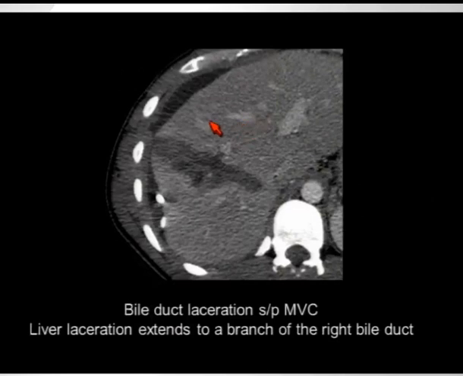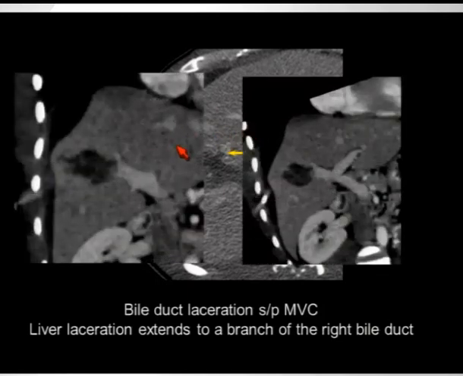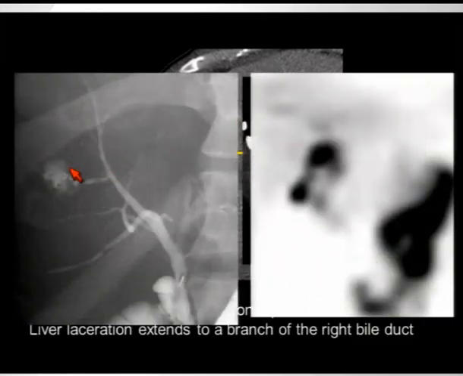Another example of a bile duct laceration extending through to the branch of the right bile duct. Again, ERCP here clearly showing the extravasation, the HIDA scan showing the presence of bilomas. Now, we didn't do delayed imaging on this, which would actually be interesting to see if there would have been evidence of a leak on delayed imaging, because you should always really do delayed imaging on your HIDA,